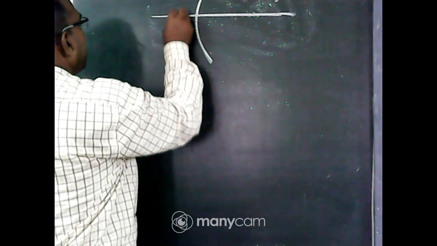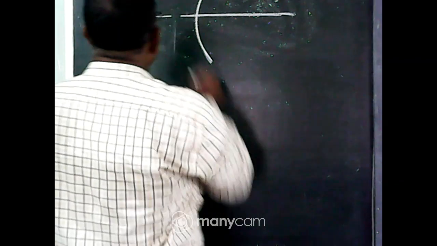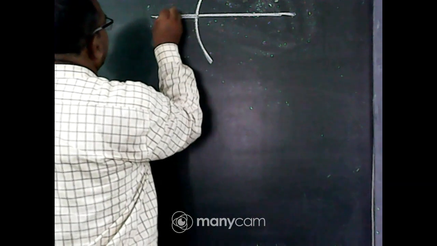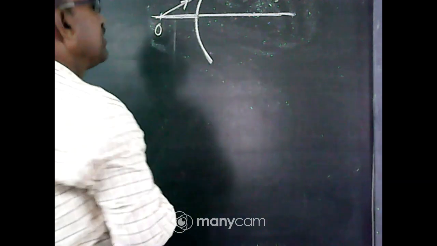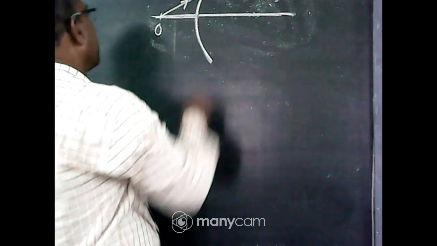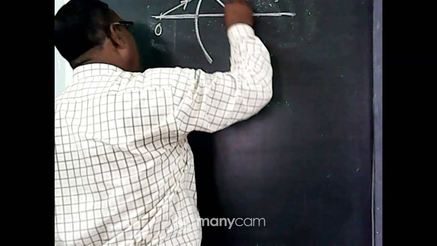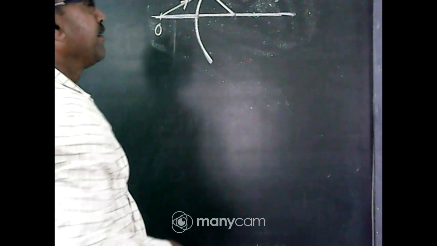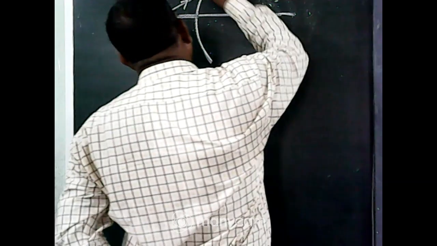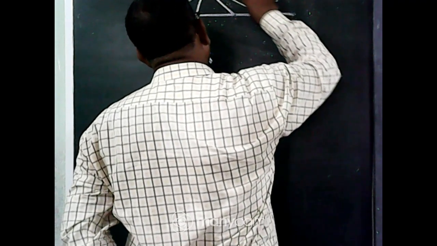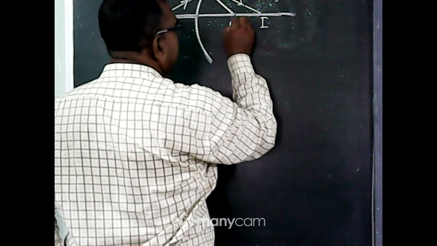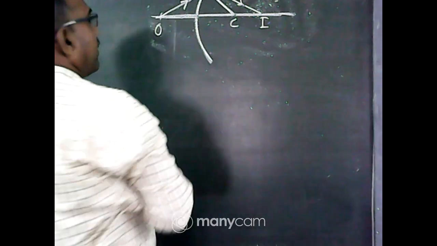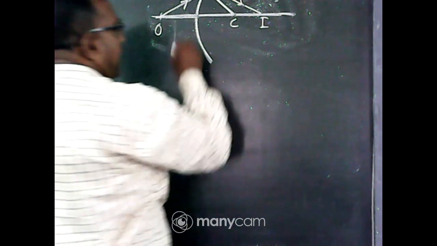Okay? Suppose the object is here, the incident ray in this direction. This surface is convex, so you draw the normal in that direction, and the refracted ray towards the normal, this. Okay, this is the I, this is the C. Am I clear? This angle is